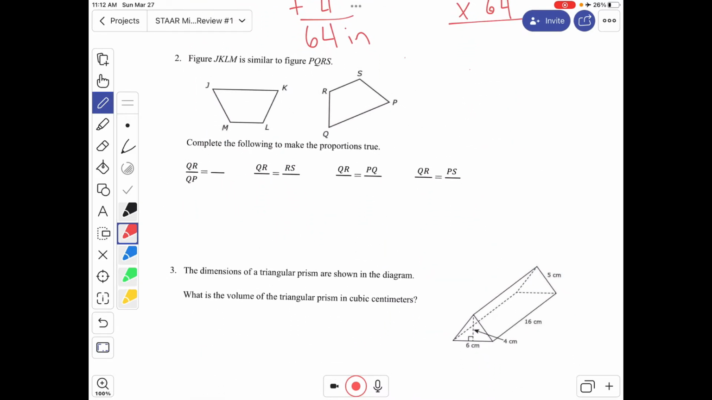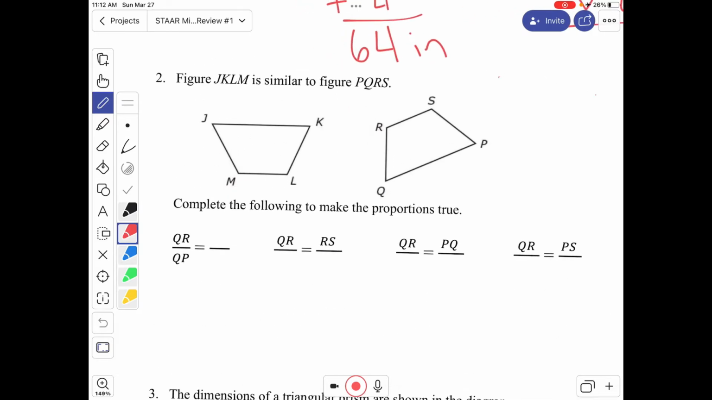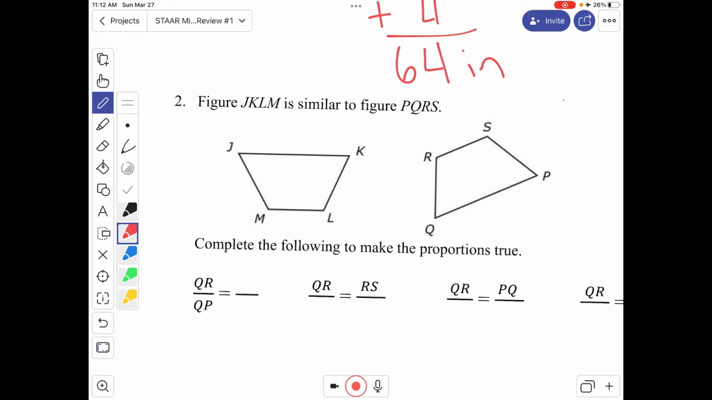Number 2. Figure JKLM is similar to figure PQRS. Complete the following to make the proportions true. They must write these in the same order as they match. So the easiest thing to do is look at one of the shapes. I'm going to use the one they gave us first and put the letters inside the shape as they line up. So I noticed J is the first letter, and over here P is the first letter, so J goes